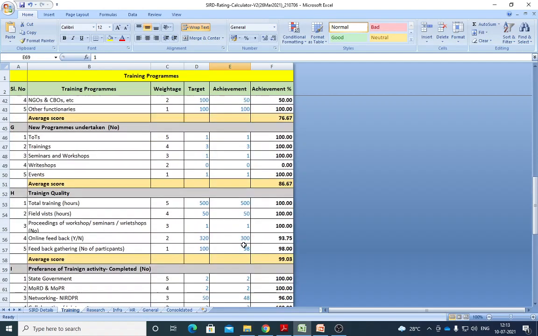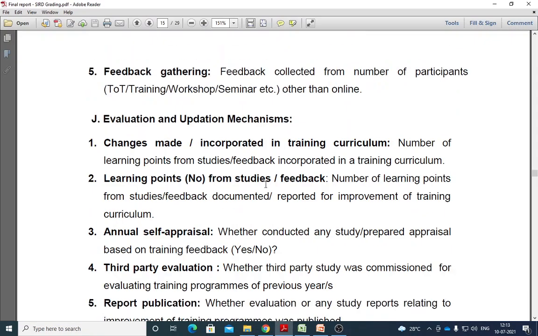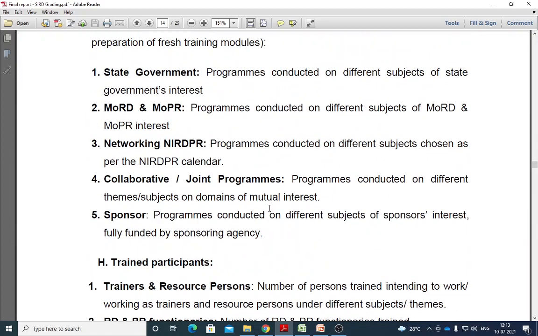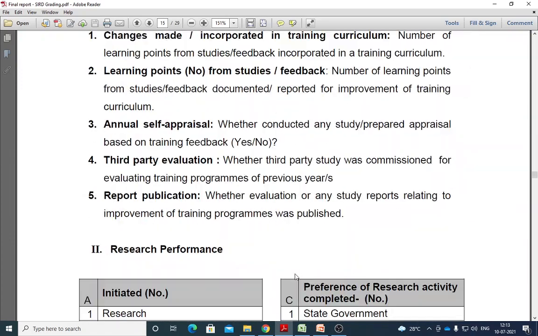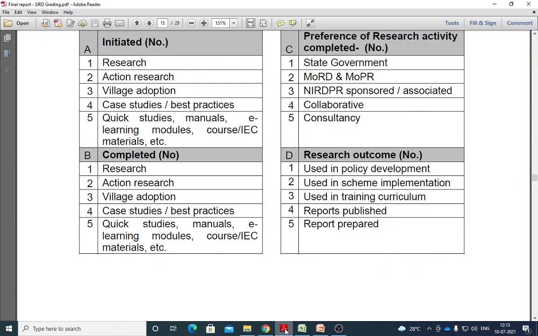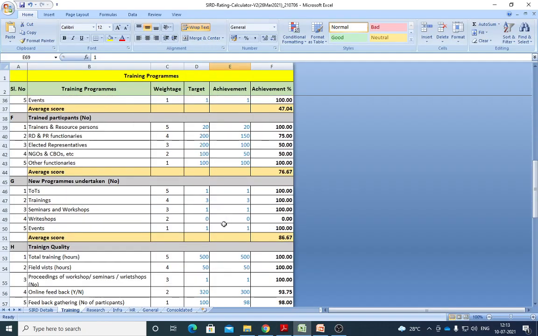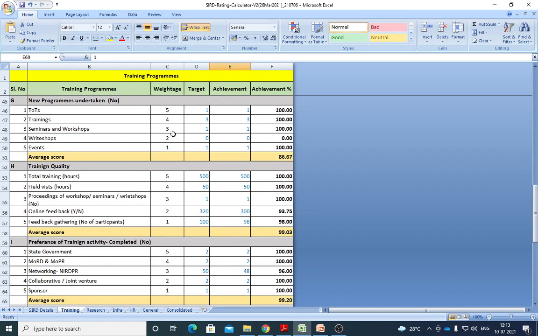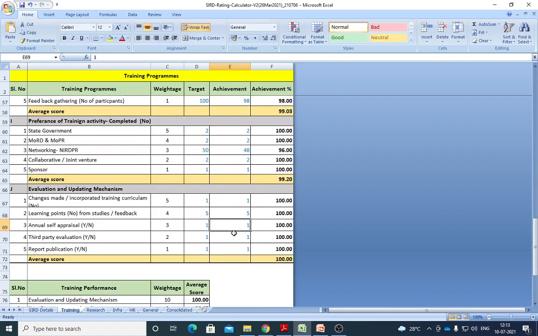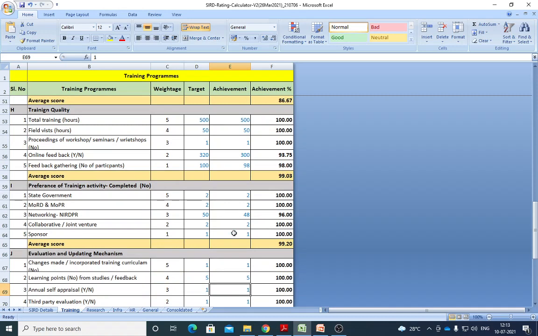So these are all about training programs. Please understand, this is how you have to fill, and kindly make sure the entire documentation is covered here. Quickly you can understand, and you can fill this data. This is how you have to fill. Don't worry about your percentages and weightages. It is not related to any other states. You please fill your data so that people can understand where the government needs to strengthen the SIRDs.